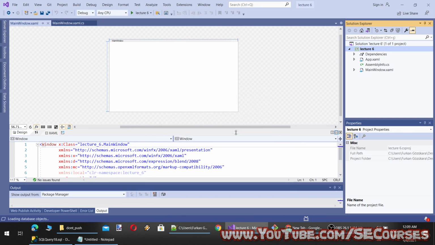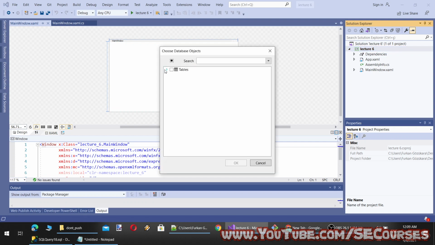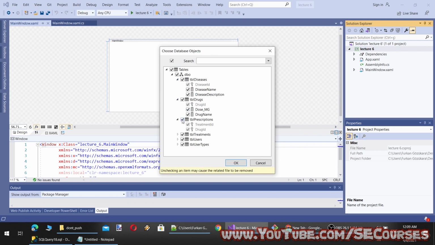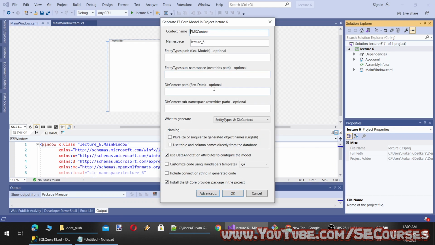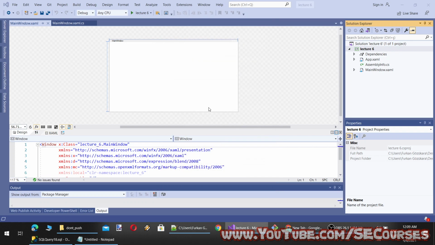Okay, and the rest will be default. Currently you see here it says loading database objects. Now we will pick our tables and you see it is displaying the primary keys. The other things, the foreign keys, are related to the database itself. I don't think it is getting into Entity Framework design. Okay, I will leave the rest as default.